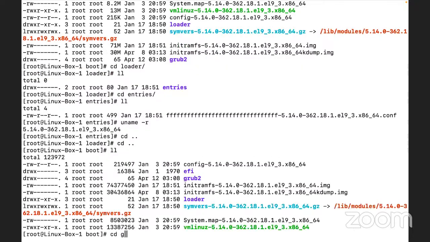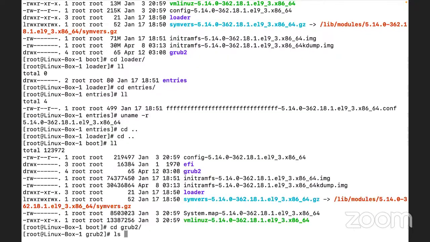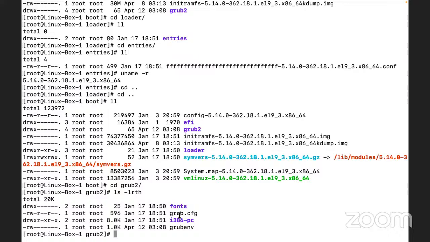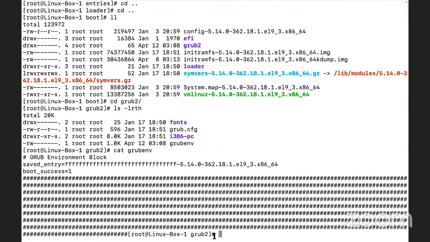Okay, now if we go to grub2, if you see fonts and i386-pc and grubenv, these are the particular files available here. So this is a binary file, right? So saved_entry equal to this.